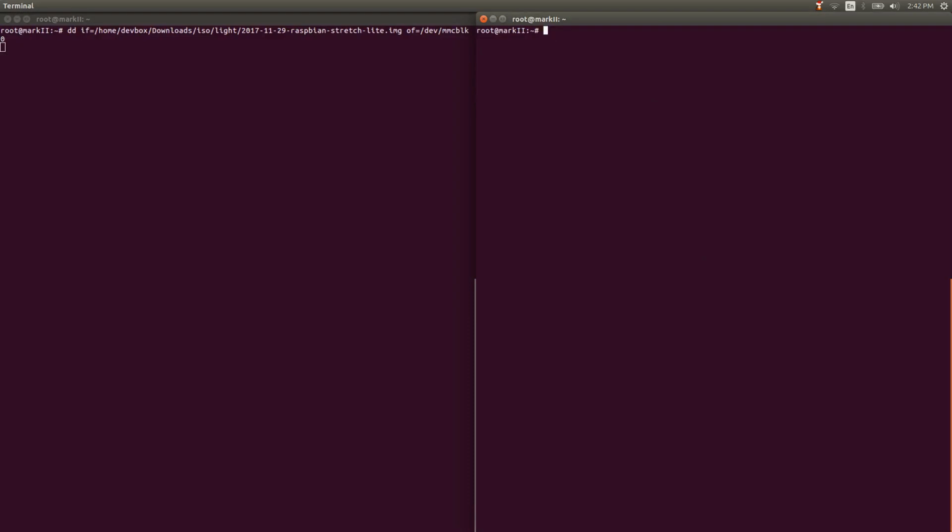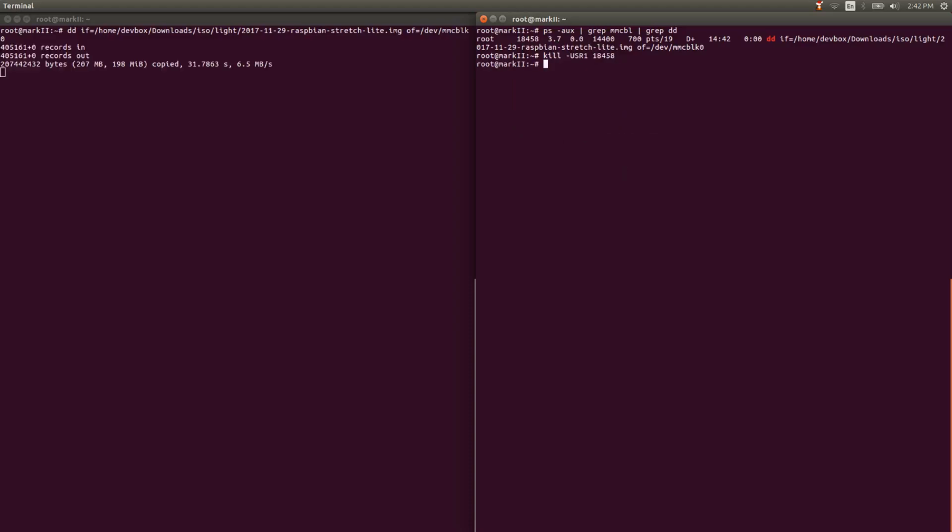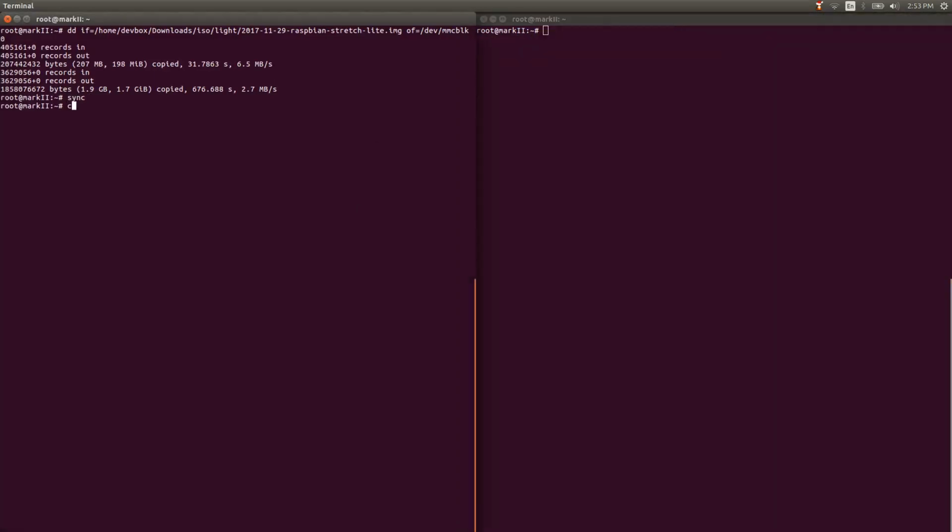Note that if specifies the source file and of points to the destination of the device to be overwritten. Note that the dd command by default does not provide progress updates, however we can still get that information by using the kill command. Calling kill on the dd process with the USR1 signal will print the current progress report without terminating the dd process. Once the image is done copying, let's mount the SD card and check the location of the